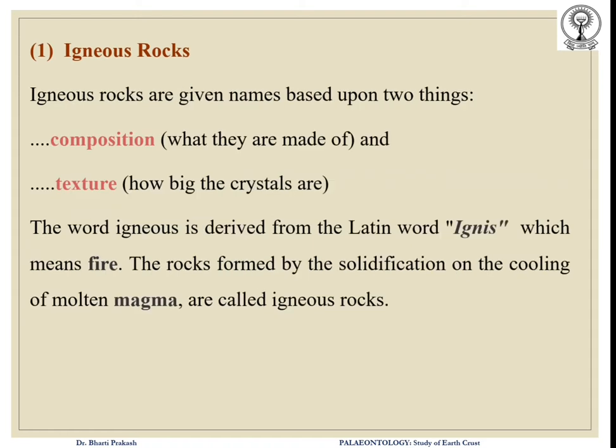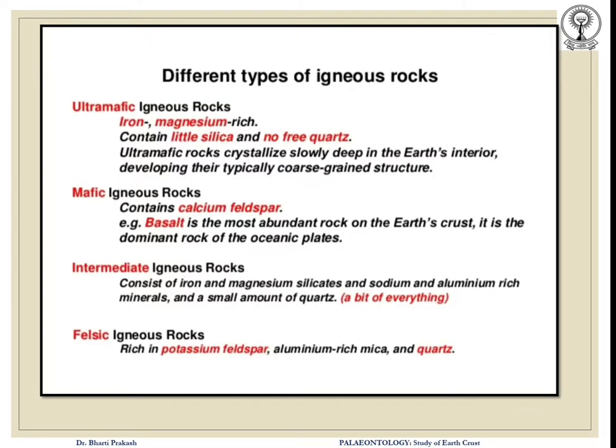These are again of two types and they are given names based upon two things: their composition, that is what they are made of, and their texture, that is how big the crystals are of which they are made. The word igneous is derived from the Latin word ignis, which means fire. The rocks formed by the solidification on the cooling of molten magma are called igneous rocks. These are the different types of igneous rocks: